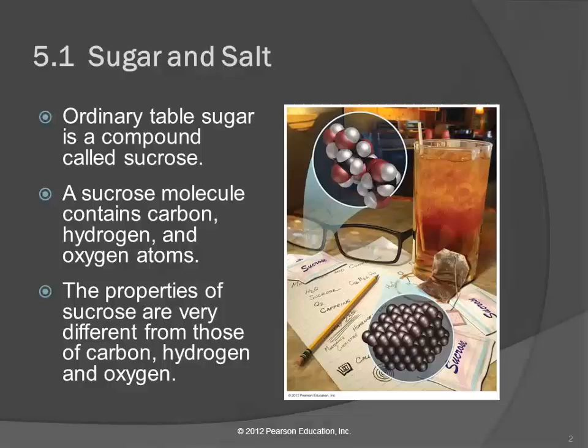But you put those three different elements together in a particular way and you get sugar. Sugar tastes sweet, doesn't it? It's a white crystalline solid at room temperature. Okay, so when we put elements together to form compounds, then we get very different properties. And this illustration here is showing you the sugar molecule. So we've got the white hydrogens, and the black ones hidden in the middle are carbons, and the red ones